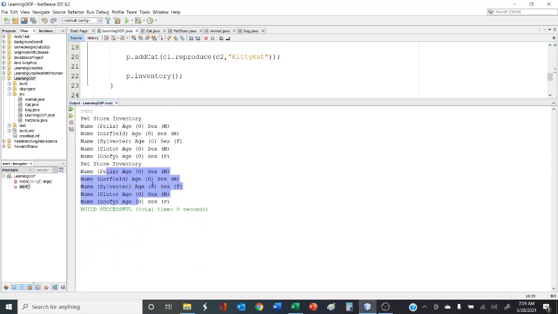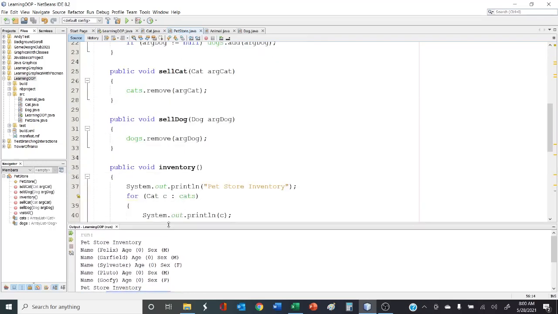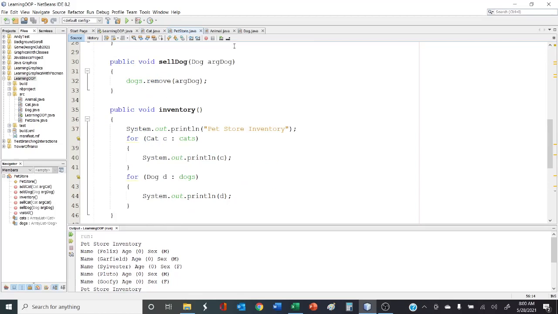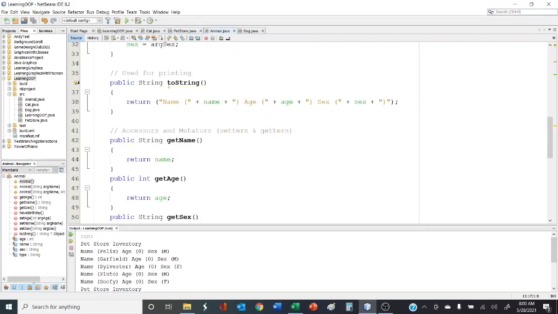And here's our inventory. The only thing that I kind of don't like is that we don't know what kind of animal each one of these are. I mean, we can kind of tell by the names if you know the characters, but we really should print it out. So let's take a look here. When we call the inventory method, we're printing the cats and the dogs. So now let's go to the animal. When we do our toString and we print the name, the age, and the sex, we should probably print the type. So let's print the name, the type,